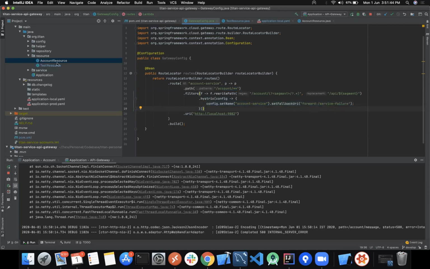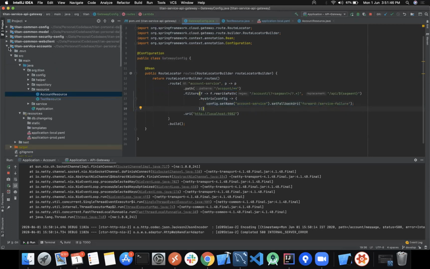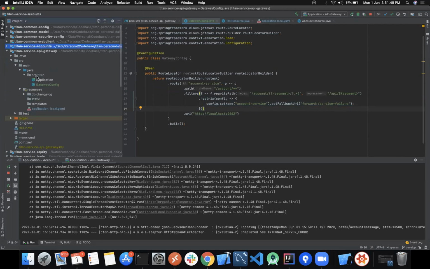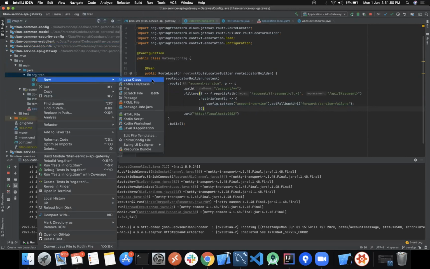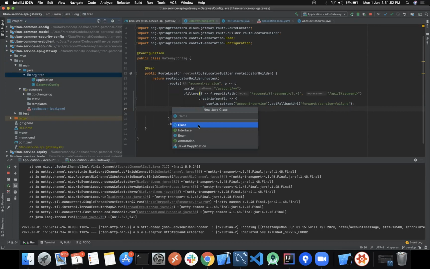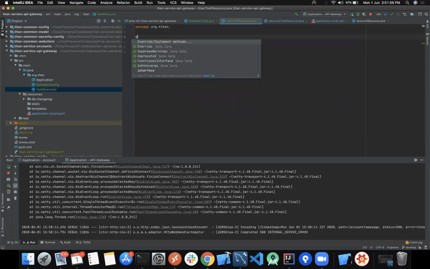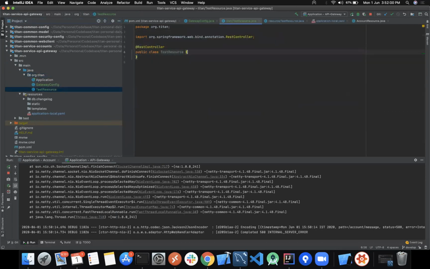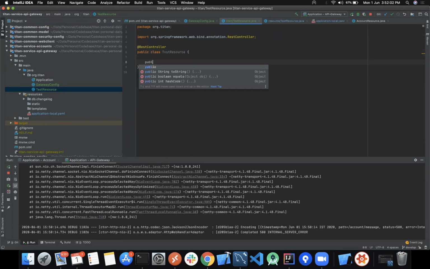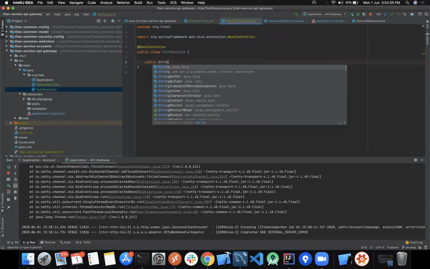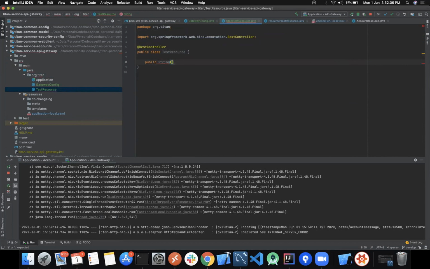And what I'll do now is, in this API gateway, I'll create an endpoint which is mapped to that service failure. So let's say test resource for now, as controller, public string, oops, fallback method,